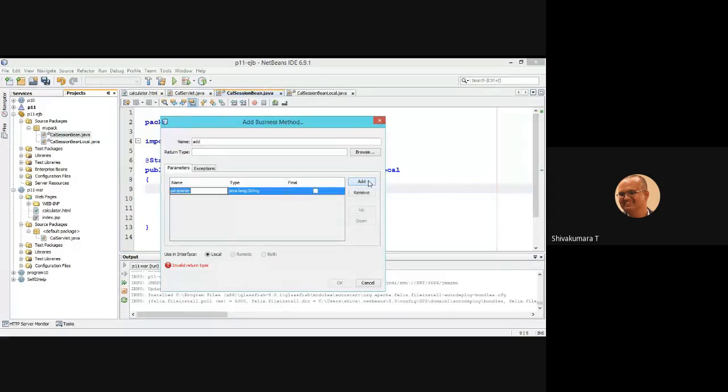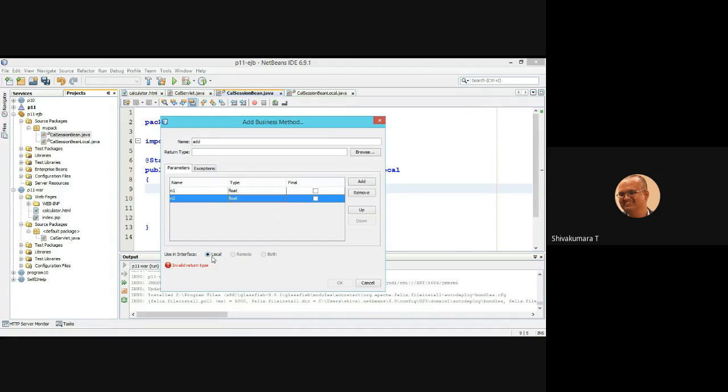Now you are creating two parameters. The first parameter name is n1. The type of that parameter is integer or float. The second parameter is n2. Why did I choose float? It supports both integer as well as floating numbers.